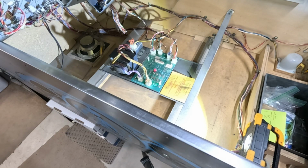So here's where the board lives. This is the original board in the machine. I'm probably not going to remove the board, but rather pull all the connectors, put an insulating layer on top of it, and plug our freshly repaired board in. Now I'm tempted to just throw caution to the wind and turn it on and see if the machine comes up, but